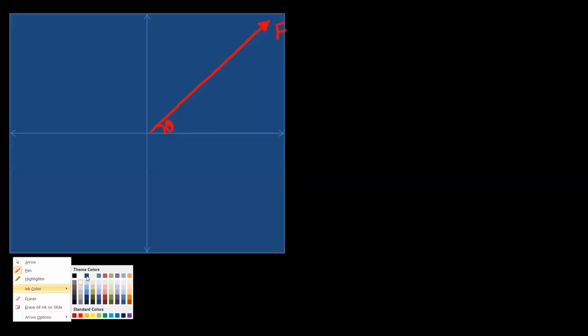Okay, consider the force is given in the first quadrant. Its magnitude is F. This angle is given as theta. Previously, we have shown the component on the x and y axis like this. So this was the x component and this is the y component. So we have shown both the components exactly on the x and y axis.